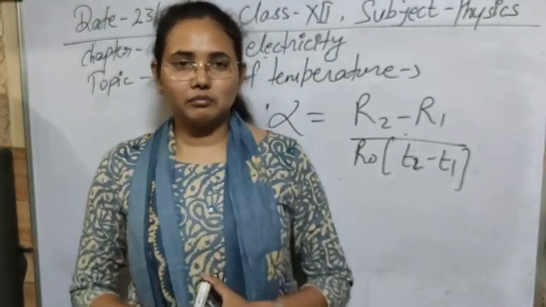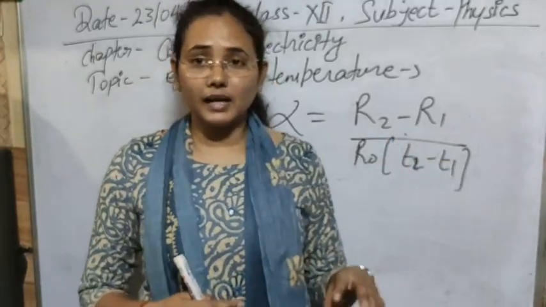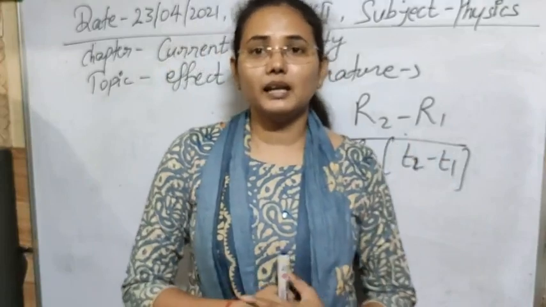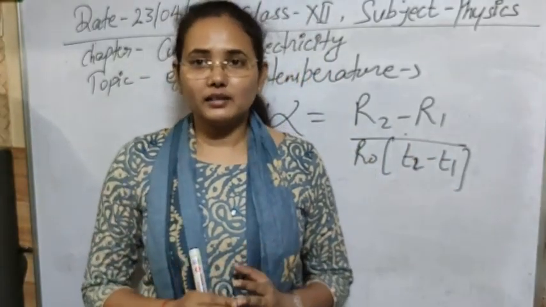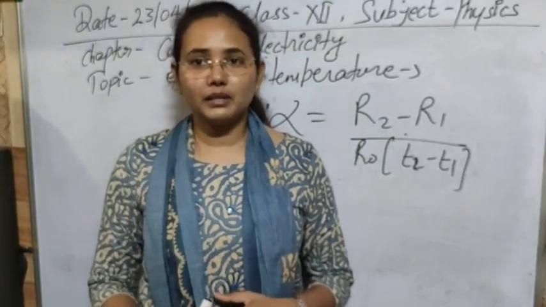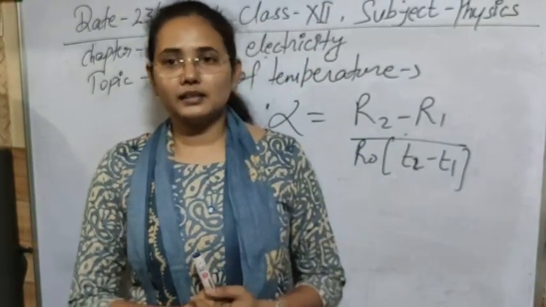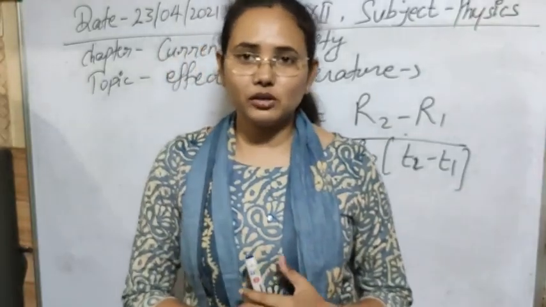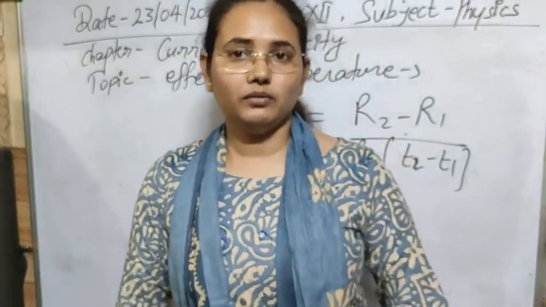So I think, students, you now understand what the change in resistance with temperature is, which kind of material we use for making a standard resistor, why we use that material, what the importance of this alpha is in making any standard resistor, and how to understand the properties of a conductor, insulator or semiconductor. I think that you have got it now.